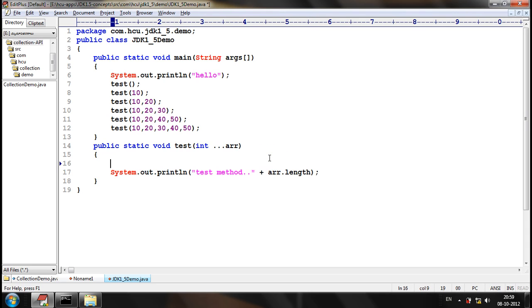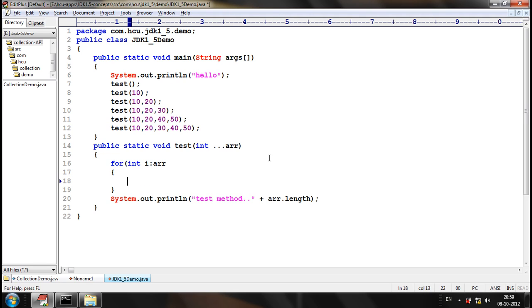And this vararg can be iterated even using a for each loop. Let me go for a star mark.